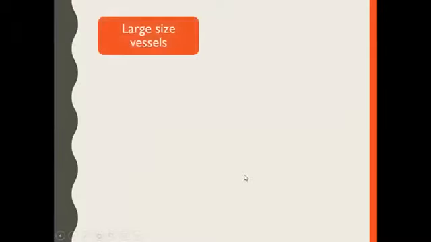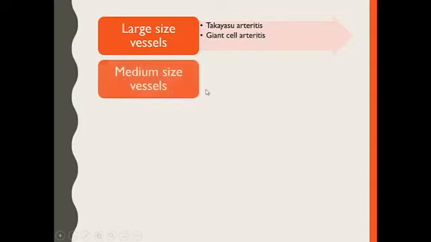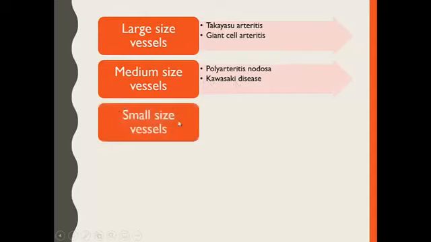There are many classifications for vasculitis, and the most popular one is according to the vessel size. Some diseases affect large vessels only, for example Takayasu arteritis and giant cell arteritis. Others affect medium-sized arteries, for example polyarteritis nodosa and Kawasaki disease. And others affect small-sized vessels,